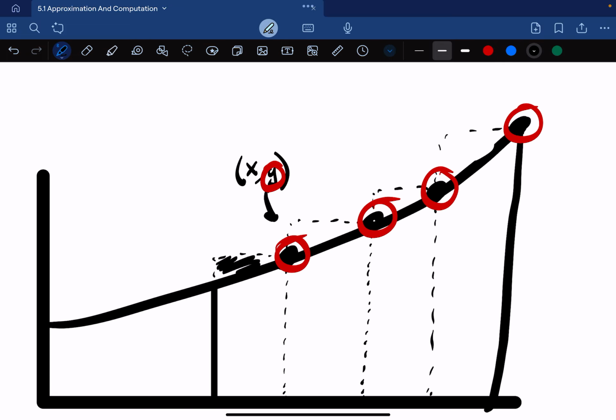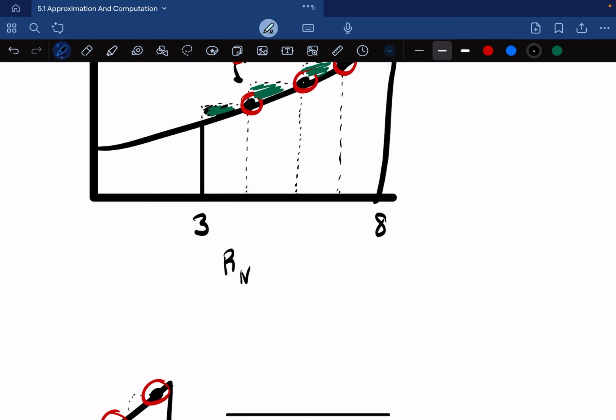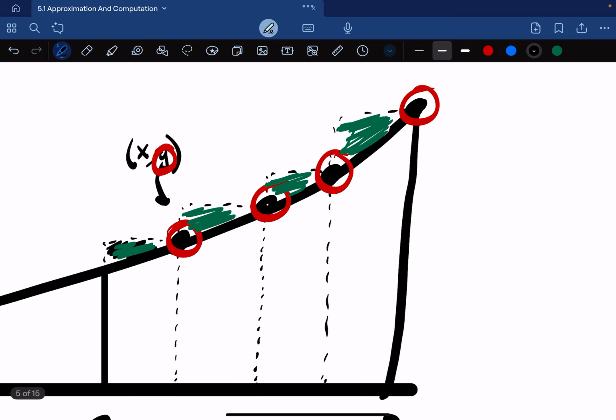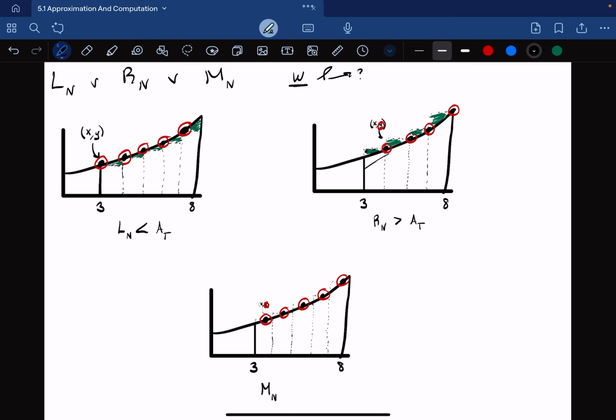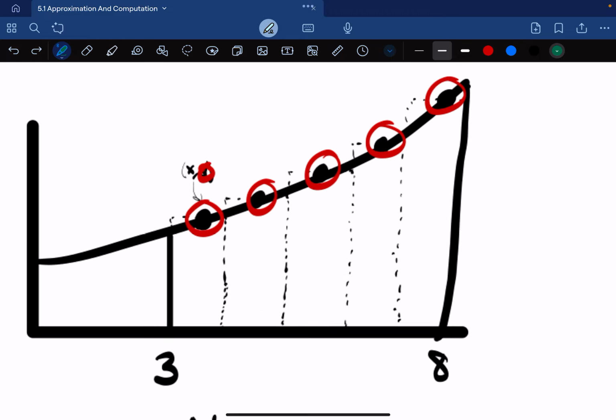But for the right endpoint, we also have some area. But this area is above the graph, and this area is covered by rectangles. So what does this mean? This basically means that our right end approximation is going to be greater than the area beneath this curve. And this is because each of these rectangles covers some area above the curve that's outside of this area here. And then the most interesting one is our